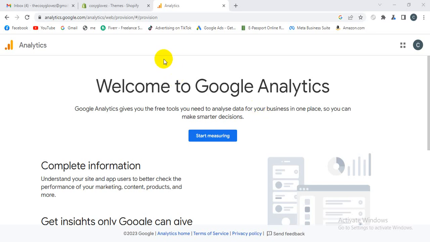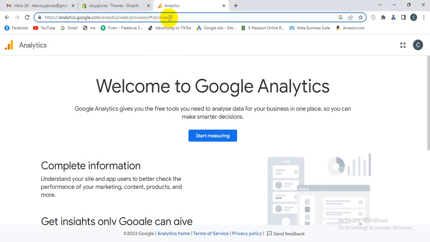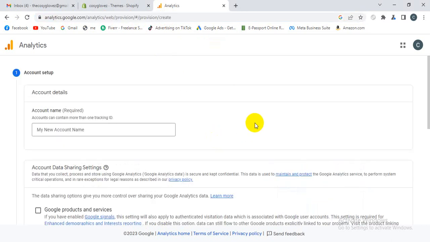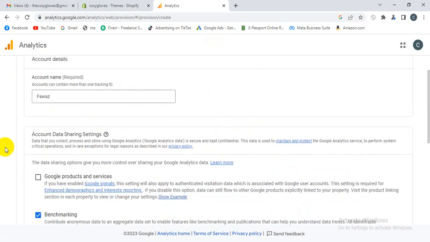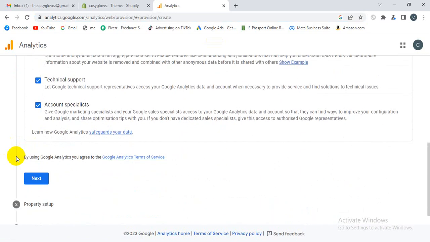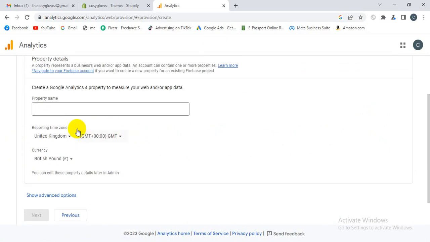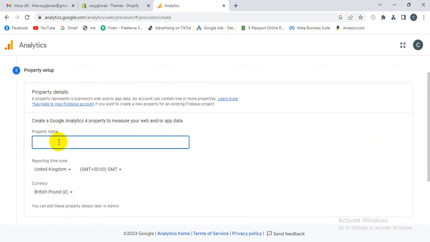So let's start. This URL link is analytics.google.com. Then we'll go to Start measuring. Then we'll click the name, maybe your client name. Then we'll click here, then everything next. Then property name, your website name. Okay, so the website is